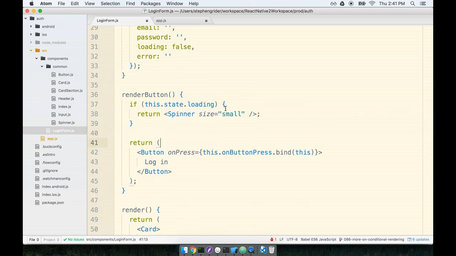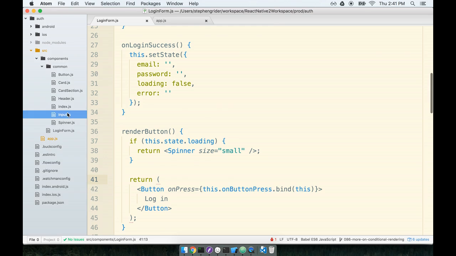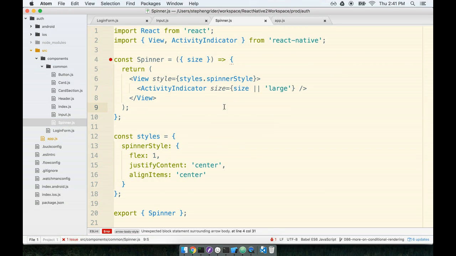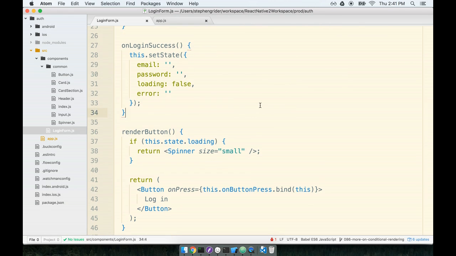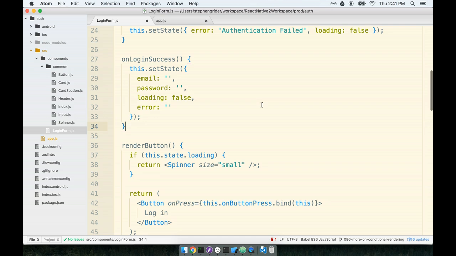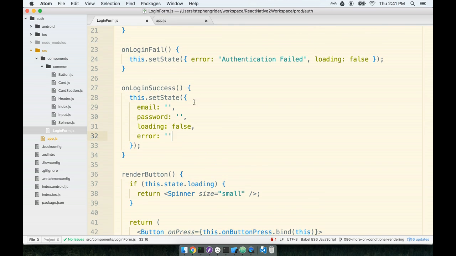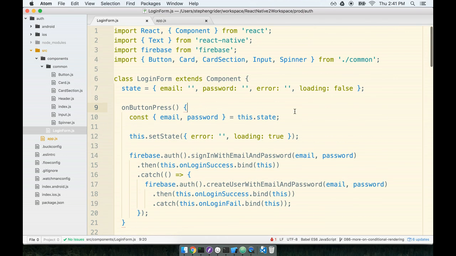Fourth, we created two new reusable components, both the input component and the spinner. These are fantastic little components. We're definitely going to reuse them again in the future, so try not to mess around with them too much. Finally, last thing we learned, and this is my favorite part of the app, we made sure to give the user a lot of feedback about the current state of the app that they were using. So by that, I mean that we were showing the user an error message, and we were showing them some nice spinners whenever we were making a